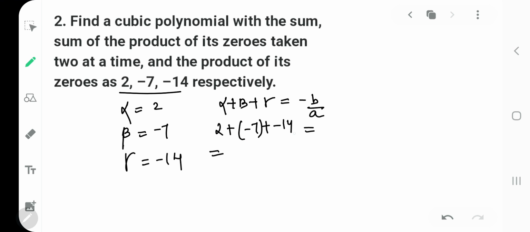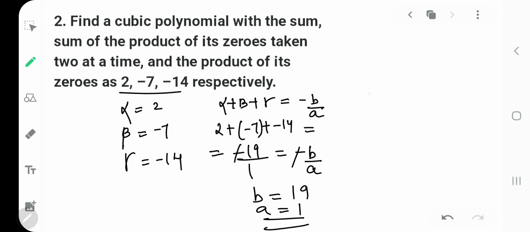So you will get minus 7 minus 14, that is minus 21 and plus 2. So that will be minus 19. And नीचे कुछ नहीं मतलब 1. So that is the value of minus b upon a. So b you got 19, a is 1. And from the next equation,